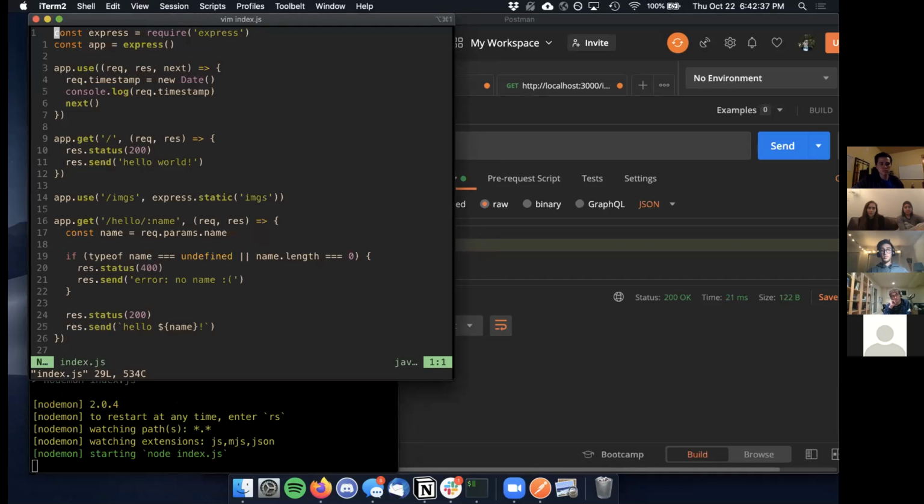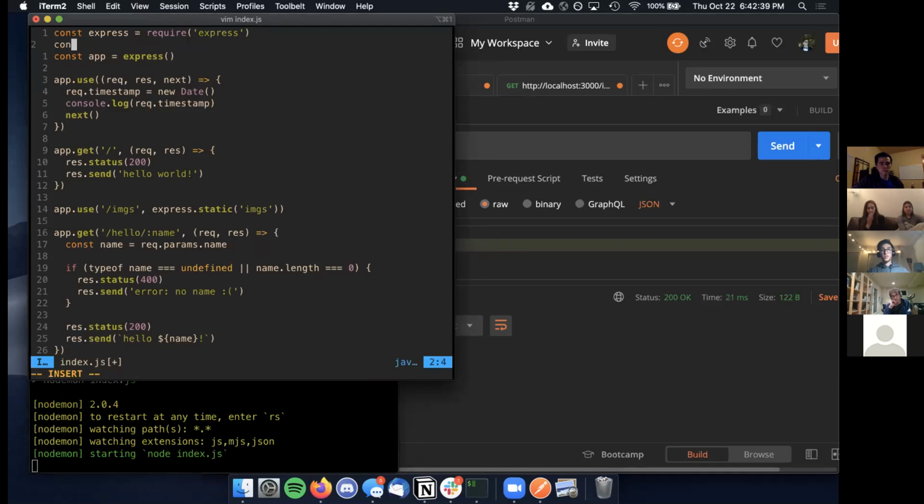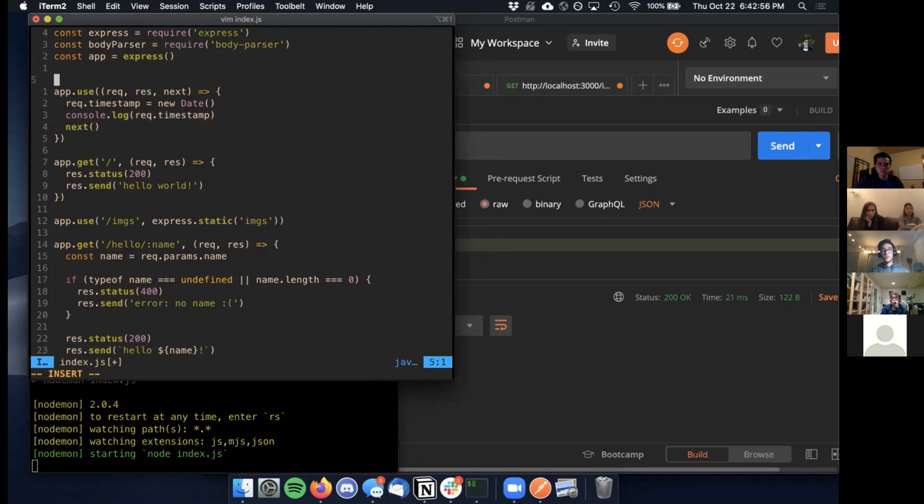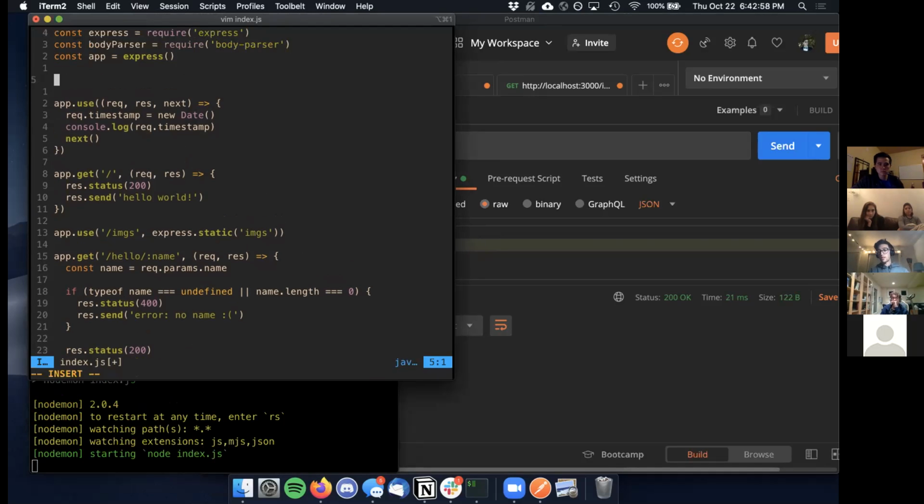Just have to make a couple tweaks. So first off, we'll add a body parser, or we'll take that package and say, hey, we want to use it in our code. And we would do that with a require statement. And then we would add some middleware that the body parser gives us. And that looks like this,